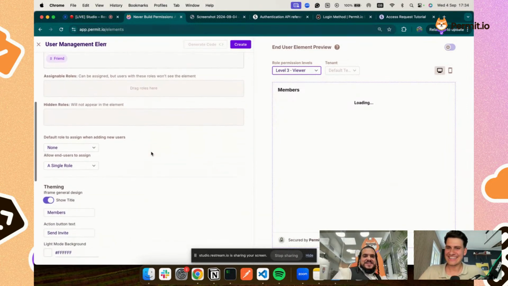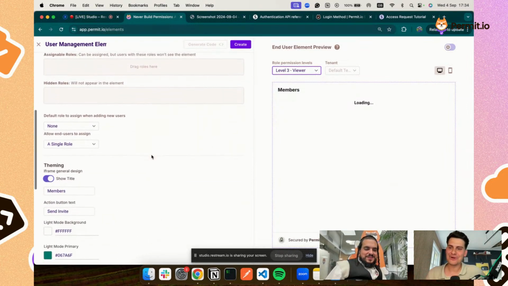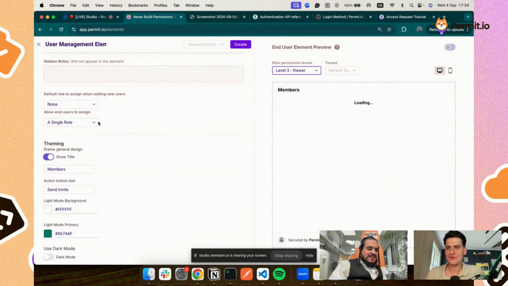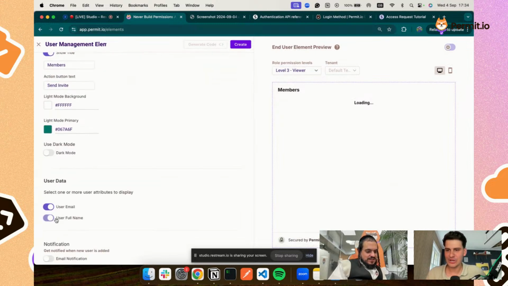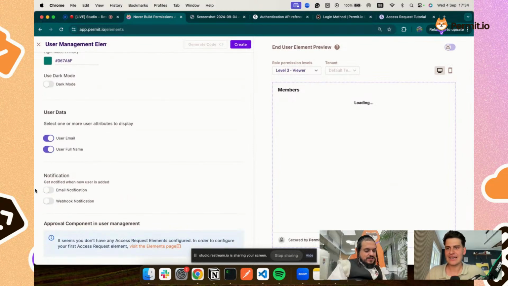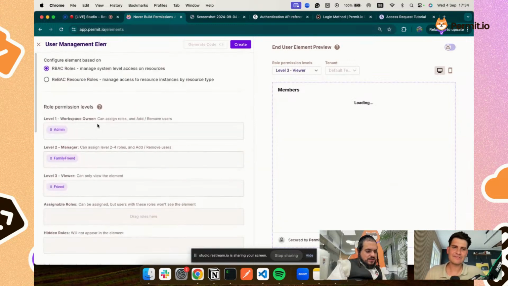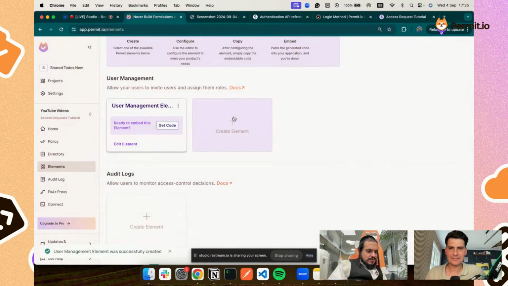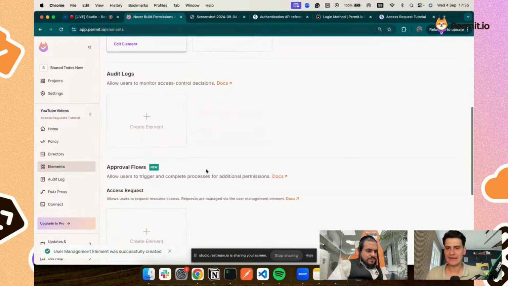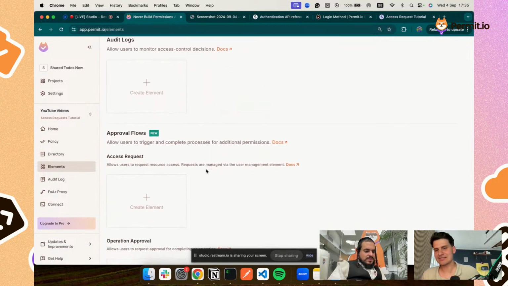As part of this element, you also get other options. You can style it the way you want. You can specifically show the user details that you want. Set up some notifications. Maybe you want a webhook triggered whenever something happens in that element. So you really have the flexibility to make this your own. But in this case, the admin role is the important one that we have, and I'm going to create this element. Now, as this element is created, let's go down and focus on the access request element,